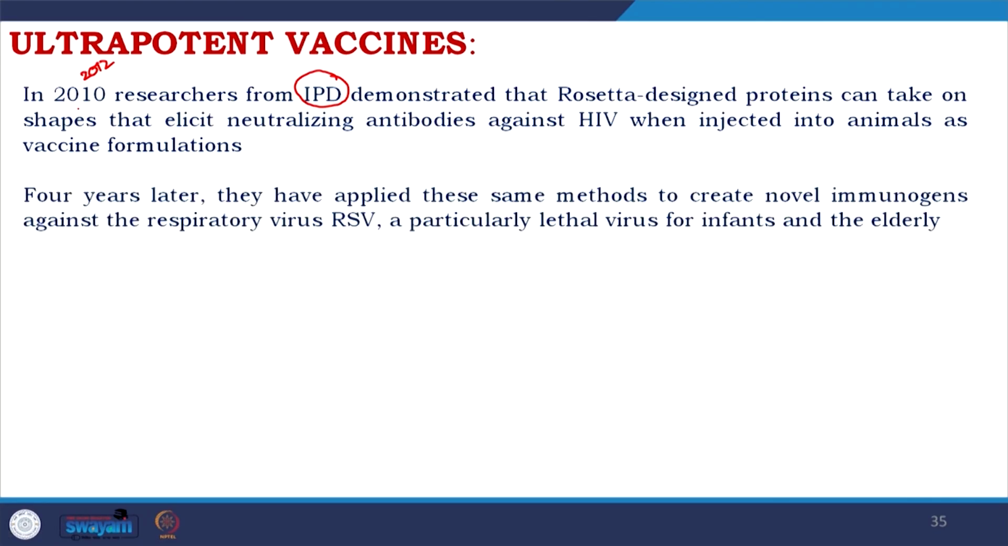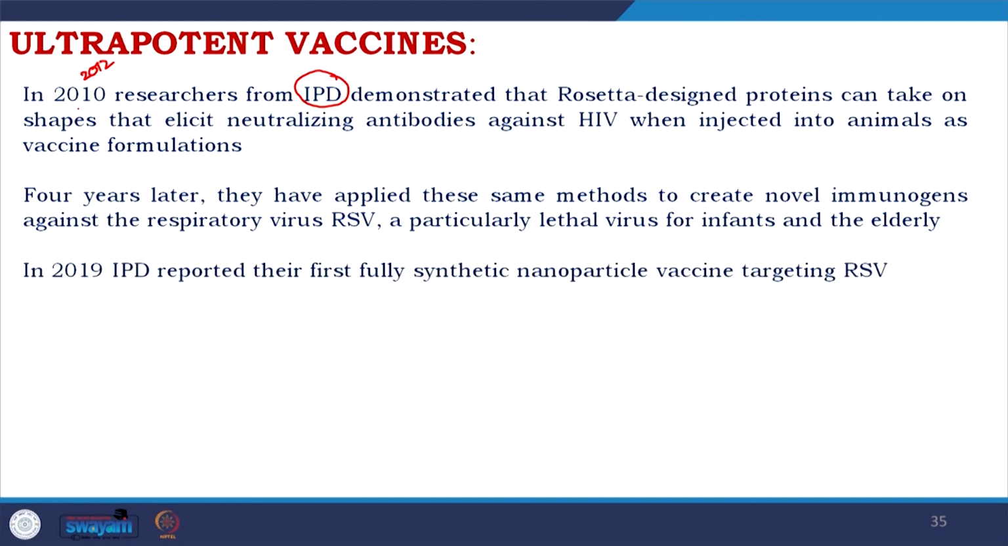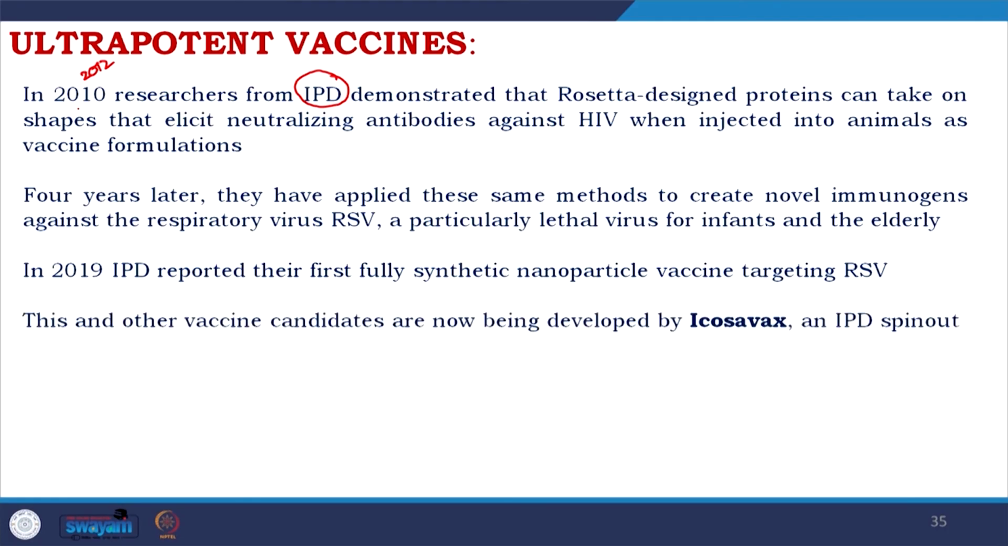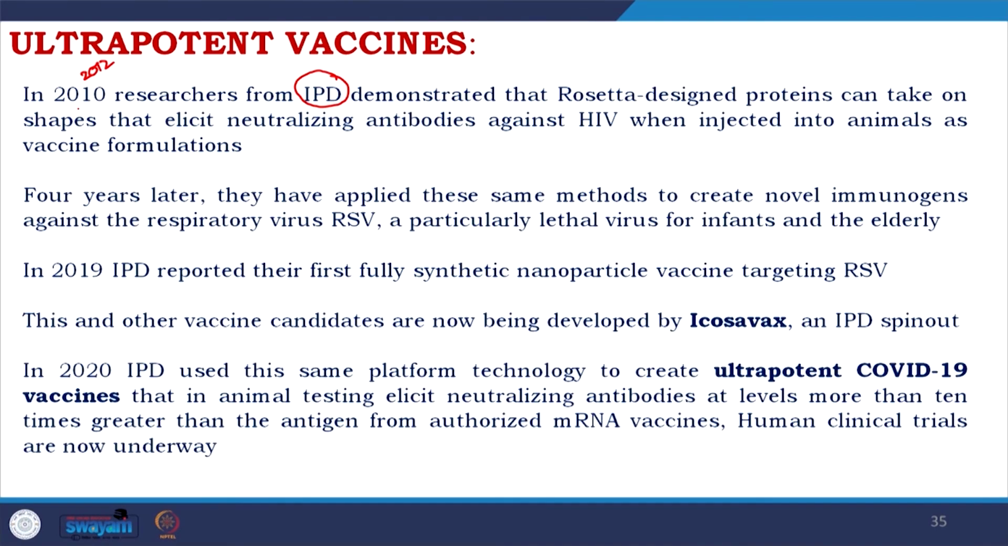4 years later, in 2014, they applied the same method to create novel immunogens against the respiratory virus RSV, a particularly lethal virus for infants and the elderly. In 2019, they reported their first fully synthetic nanoparticle vaccine targeting respiratory virus RSV. These and other vaccine candidates are now being developed by Icosavax, an IPD spin-out company. So, they are not only doing research, they are converting that research to translation, they are developing a lot of